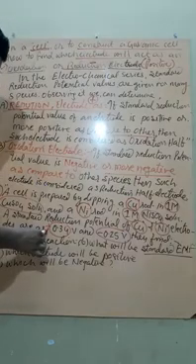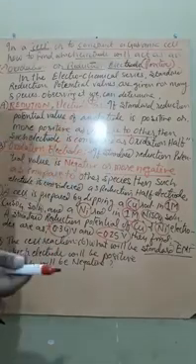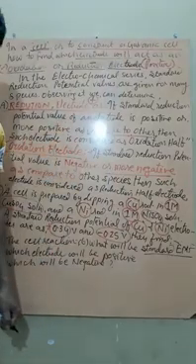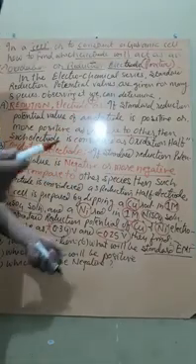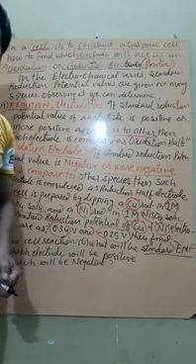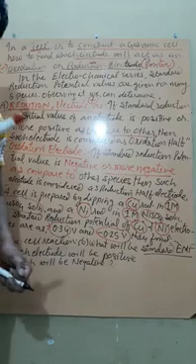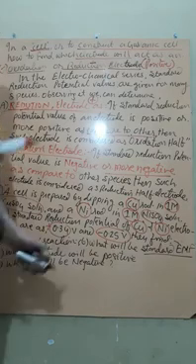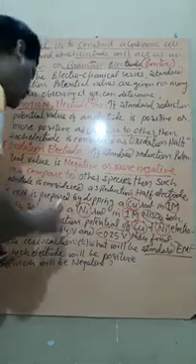The standard reduction potential value of copper is 0.34, with a positive sign, no need to write. And the standard reduction potential value of nickel is given as minus 0.25. So look here, students: one value is positive and one is negative. With the help of this topic, we can understand which will act as positive and which as negative, or which will act as cathode and which as anode. Again I am repeating, cell potential is the difference of reduction by oxidation, so to find reduction and oxidation, we have to use this value.